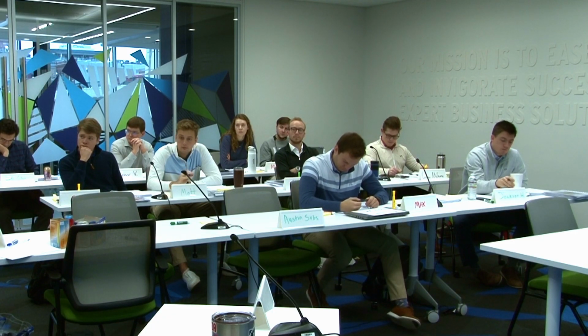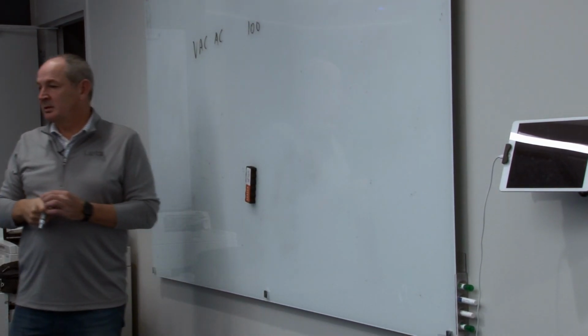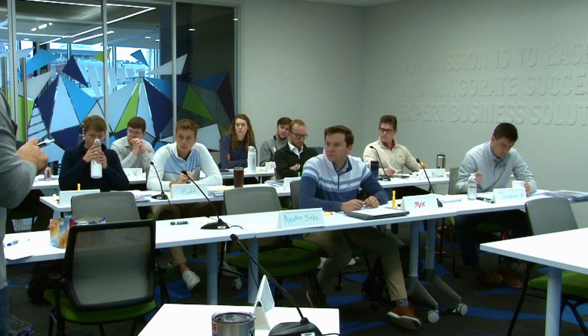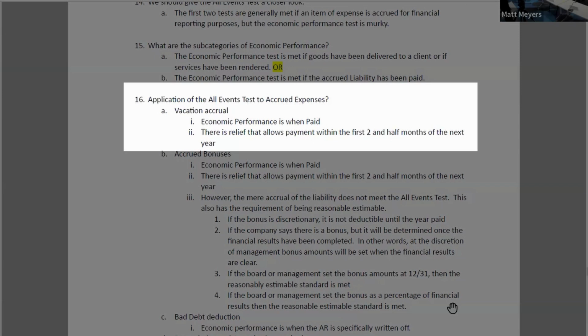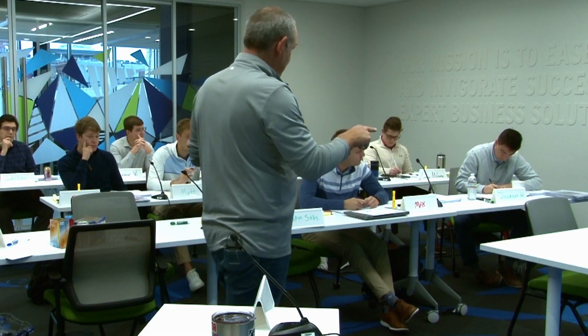So let's see. If I know my vacation accrual is $100 at the end of the year on December 31st, do I know what my amount of deduction is? I do. Yes. Are you sure? Read it again. No, because it has to be paid within the next 2.5 months. Brett, do we ever shortcut? How often do we go to the client and say, okay, give us an exact reconciliation of what you paid? How often do we do that?